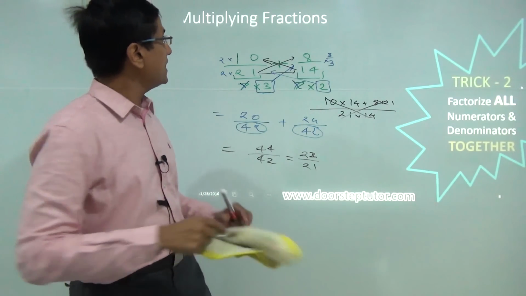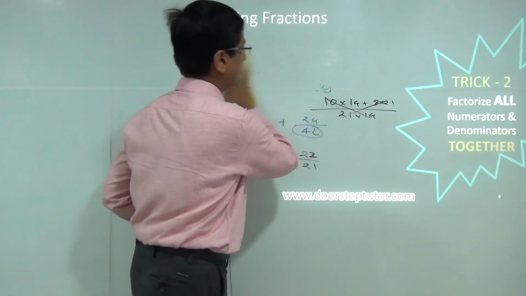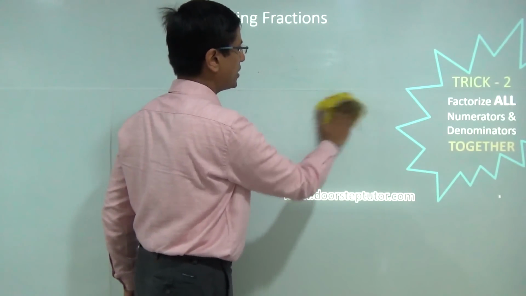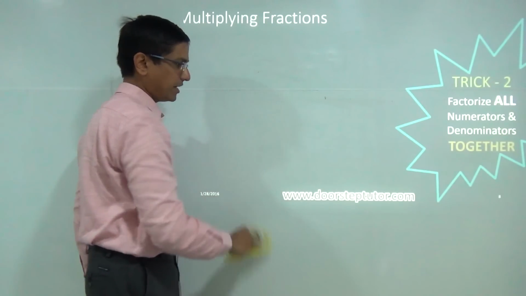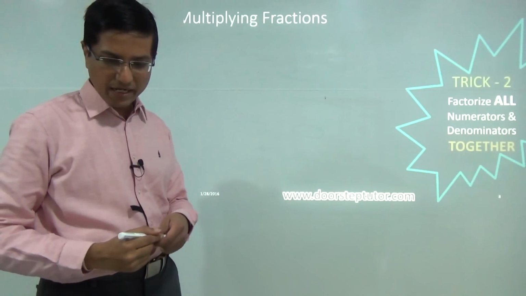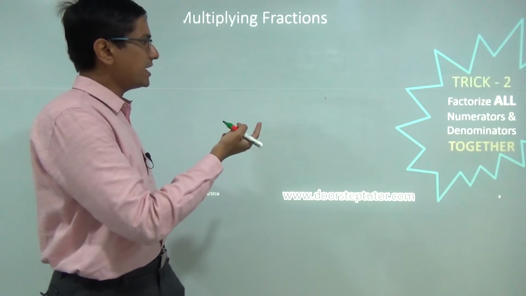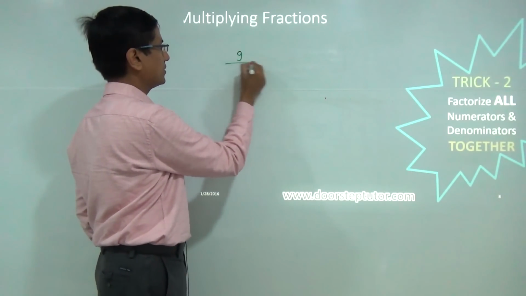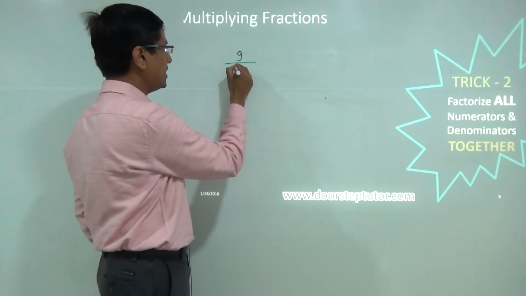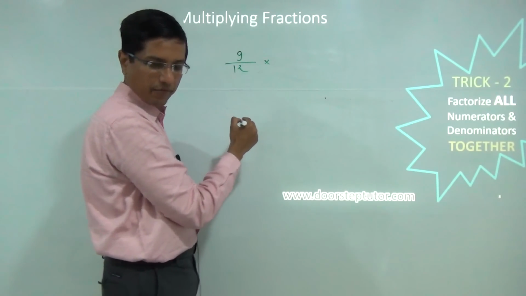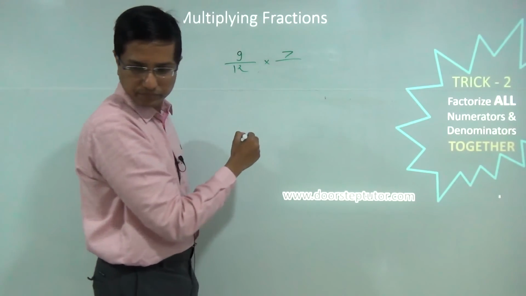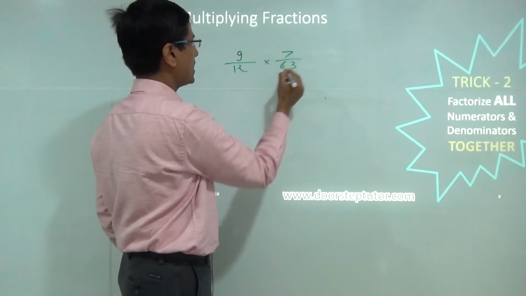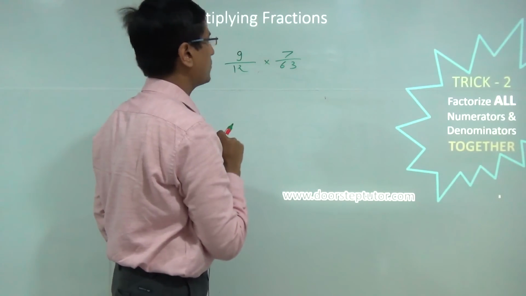Now, second thing is multiplying fractions. So multiplying fractions also is very simple. You simply multiply the numerator by numerator and denominator by denominator, and that's your final result. But here also there is a quicker method to doing such problems. So I'll tell you, it's the following: 9 by 12 into 7 by 63. I have created these examples to illustrate a point.